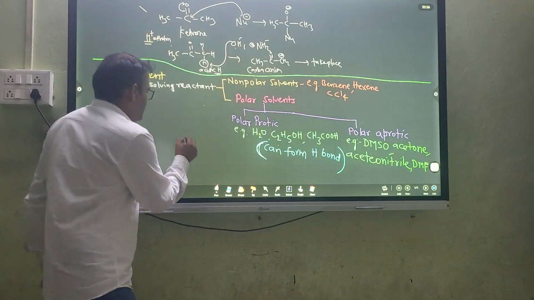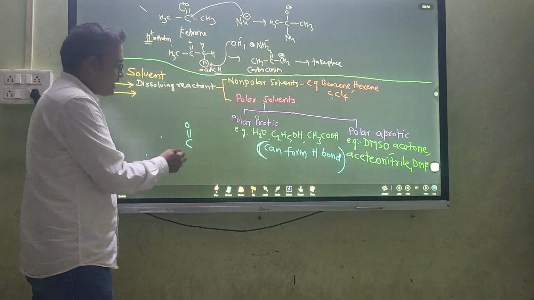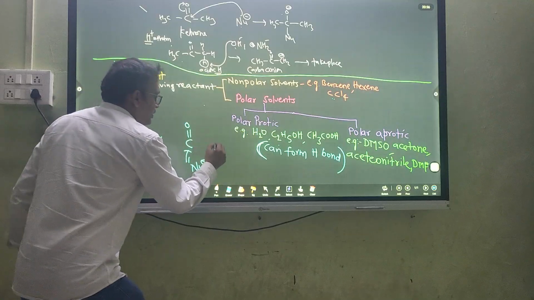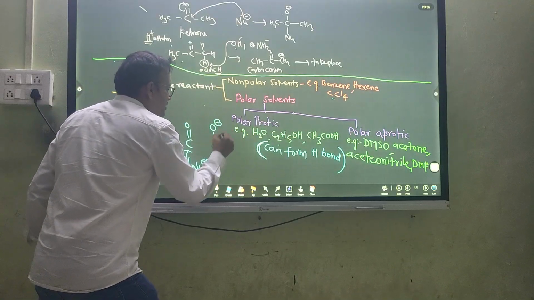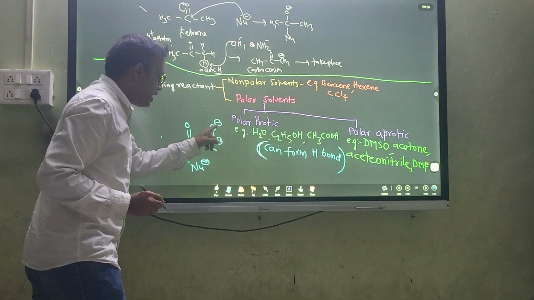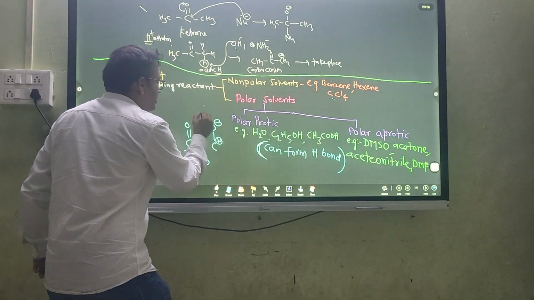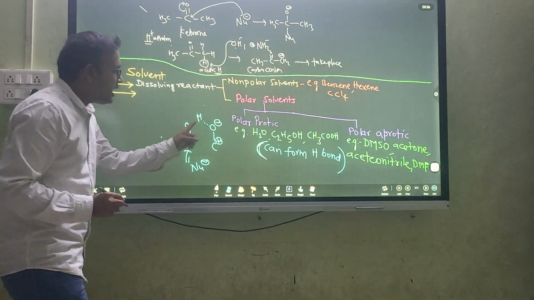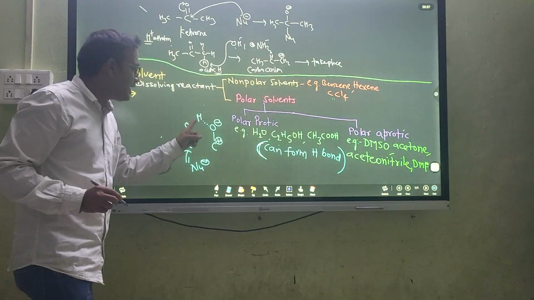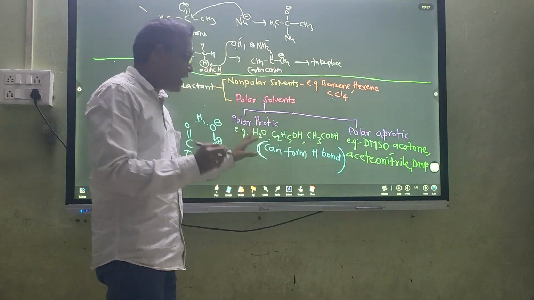Suppose there is a C double bond O. What happens when a nucleophile attacks this carbon atom? An O minus and a plus charge are developed on the carbon atom, and the O minus ion can form hydrogen bonds with the solvent. So polar protic solvents stabilize the